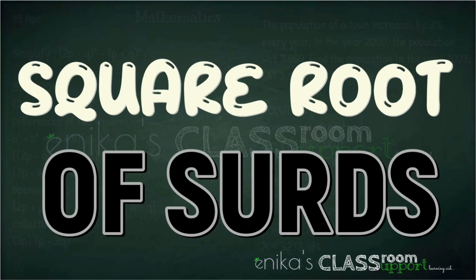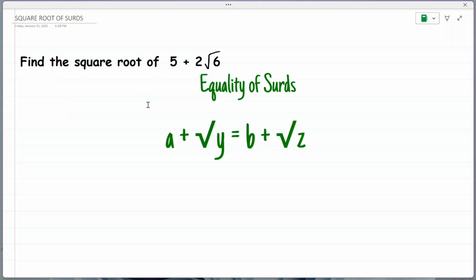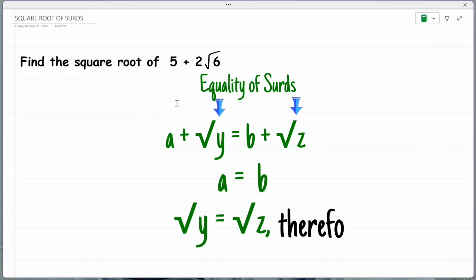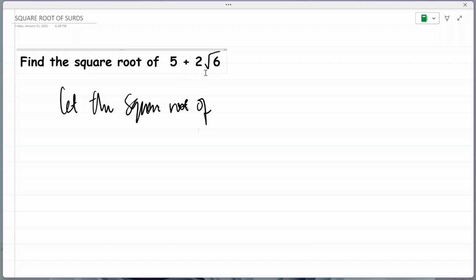Square root of surds. Note, we've just dealt with equality of surds, which is all about equating ordinary numbers to other ordinary numbers, and also square roots to square roots. And we're going to use that technique in solving this question that says find the square root of 5 plus 2 root 6. Under this topic, you would have to say let the square root of 5 plus 2 root